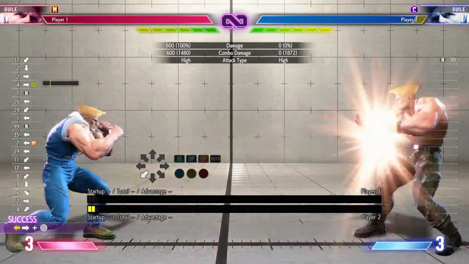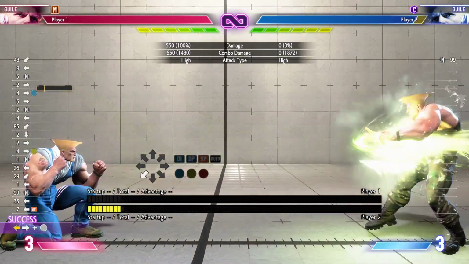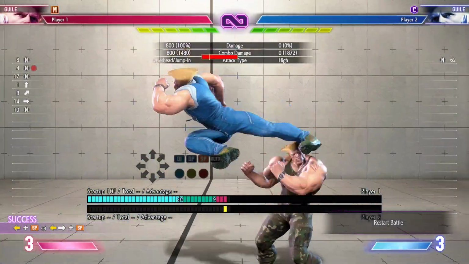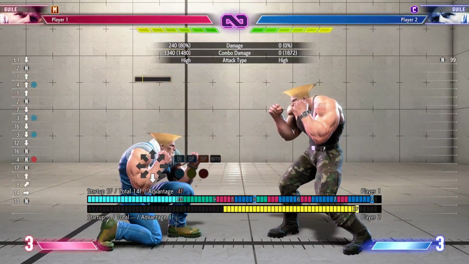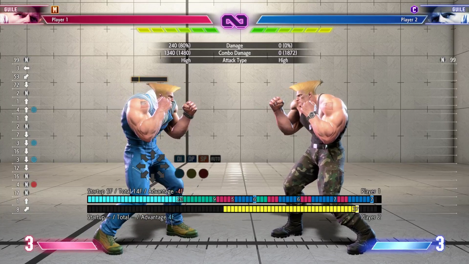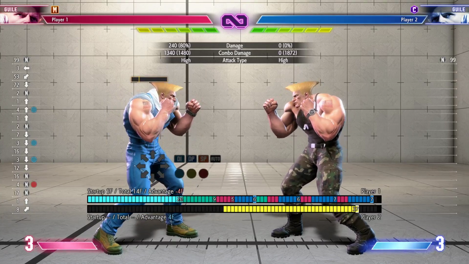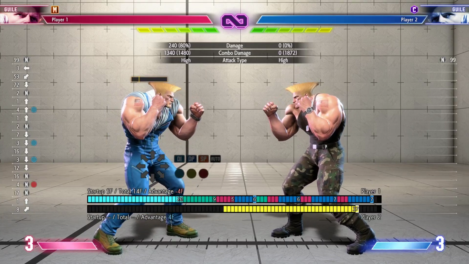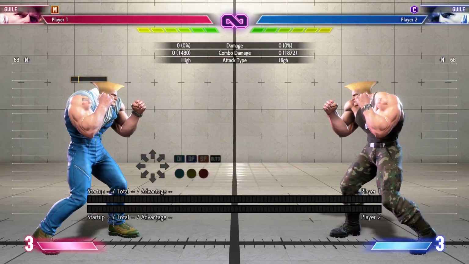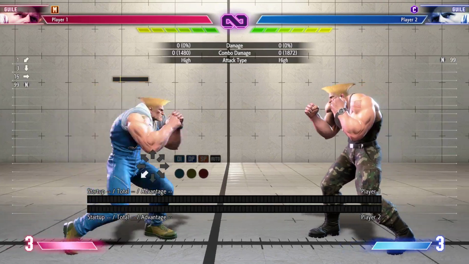So this is actually going to be very interesting, because the game does still encourage you to do the normal inputs for Sonic Boom and Flash Kick, or Somersault Kick. The reason being is that Guile did get a little bit of a change in Street Fighter 6 where